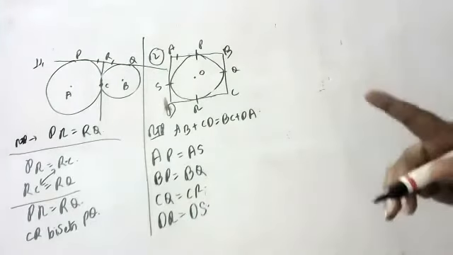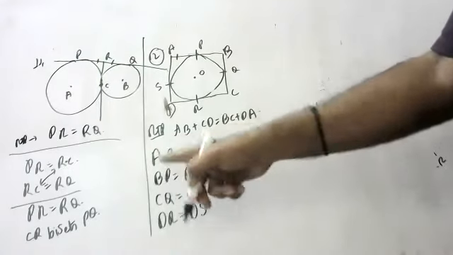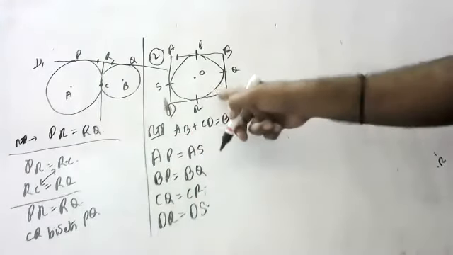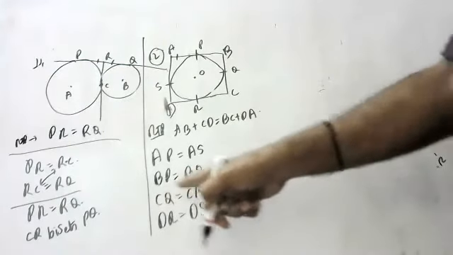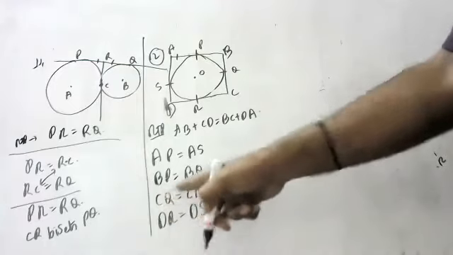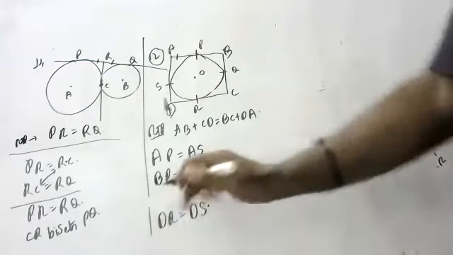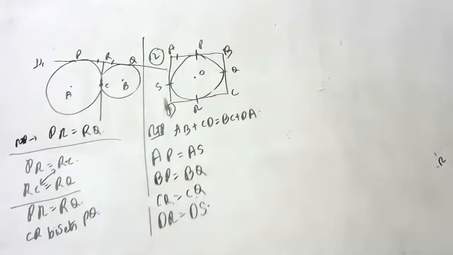Before adding, you have to check. AP plus BP will give AB, they are on the same side. DR plus CR will give CD, but DR plus CR is reverse. We have to do this reverse, children. If you don't reverse here, it won't come as CD. So CR is equal to CQ. We can write that, no problem. CR is equal to CQ.